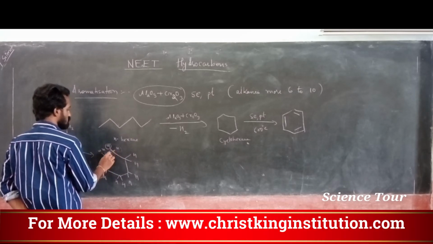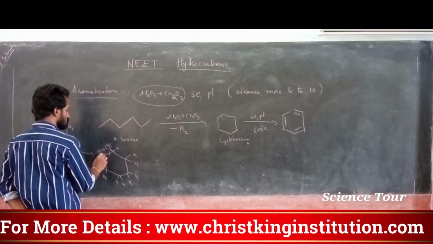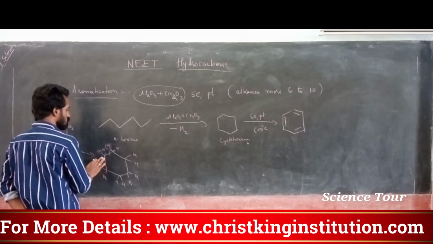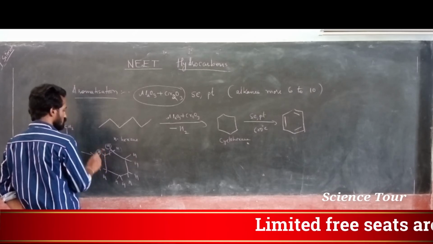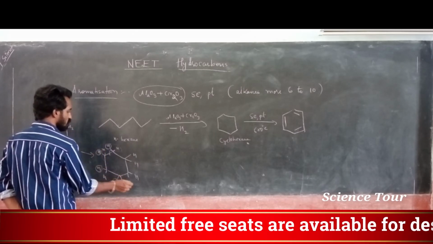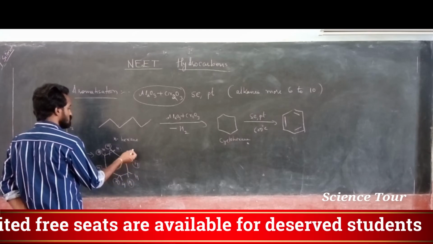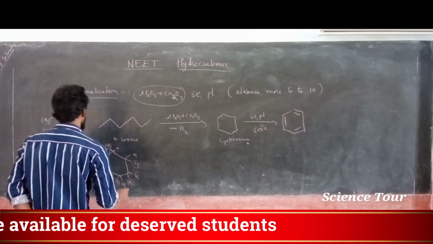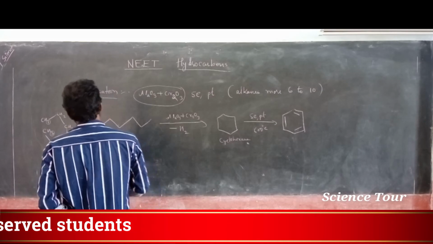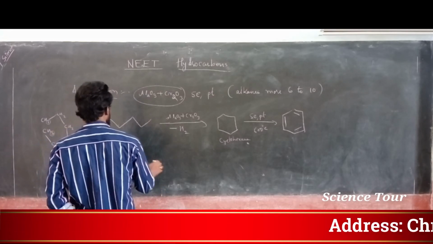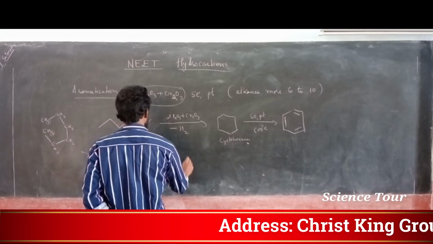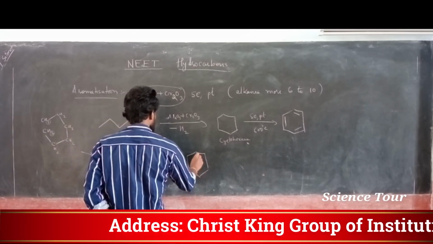This bond breaks and it comes here. This bond breaks and it comes here. Like this, understood? So all this hydrogen is removed. 1 2 3 4 5 6 7 hydrogen is removed, understood? 1 2 3 4 5 6 hydrogen is removed and it gives, my dear students,